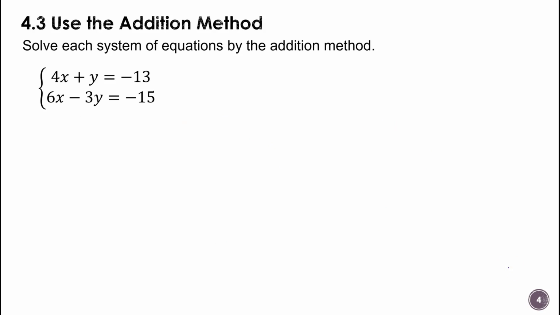Okay. So when you take a look at this one, you're going to see that we actually don't have any opposites, but we can make opposites if we multiply the equation by the right number. Okay, so I'm going to multiply the first equation by 3, right? Because that's going to give me 3y, and notice the other equation has a negative 3y. We're trying to create opposites here. So I'm going to rewrite this equation, 12x plus 3y equals negative 39. And then I'm just going to bring over the second equation